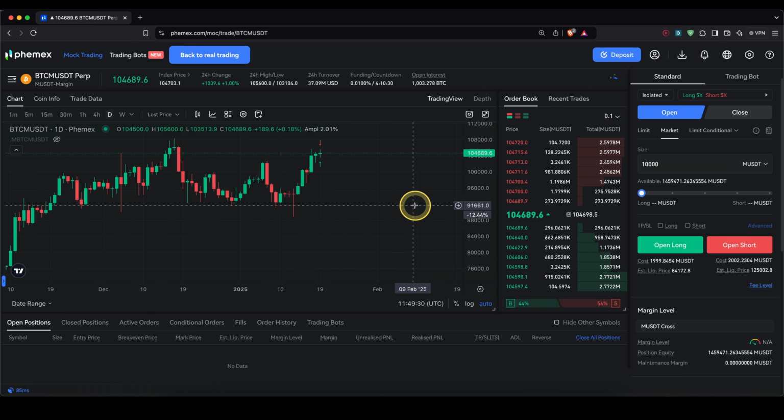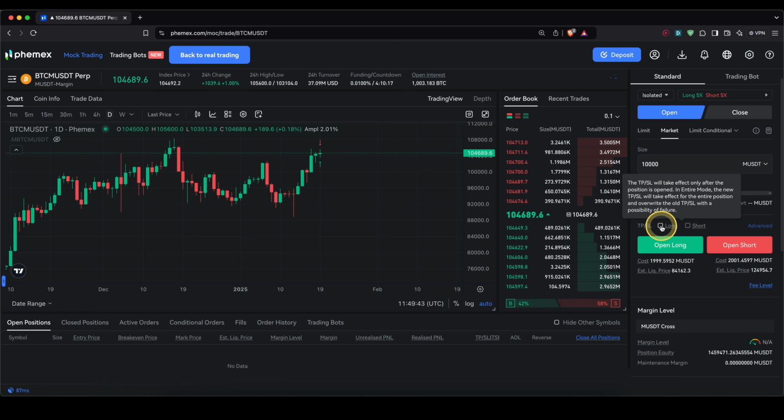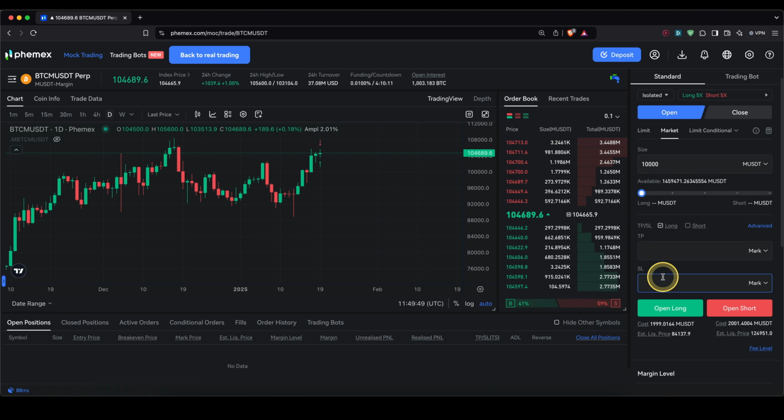So to add a take profit or stop loss, you have basically two options. The first option is to immediately add it when you open your position. To do that, if you go here on the right and you open your first long trade, $10,000 position size, you can simply click on here. You want to add a take profit and stop loss for long or short. In this case, I'm going to show how it works for long,